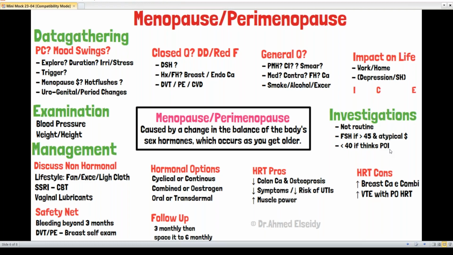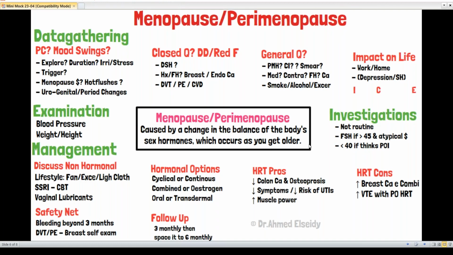You just need to know the guidelines, and this mind map is giving you that. So if GMC changes the station and brings a lady, like 42, coming with menopausal symptoms, you don't have to get other notes or a different book from another academy. You know from this line, yes, she is entitled for a test, because this is not the expected age of menopause. Expected age is from 45 to 55.